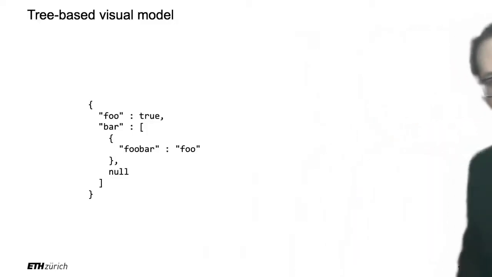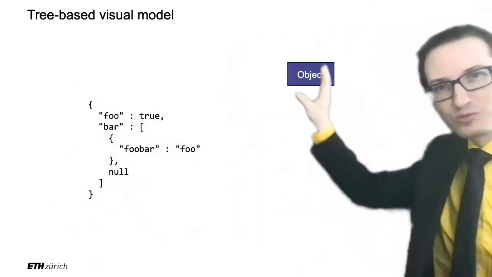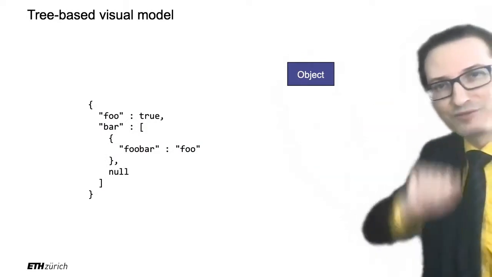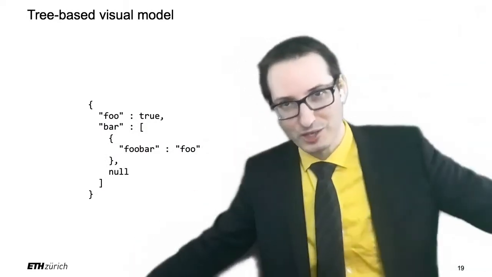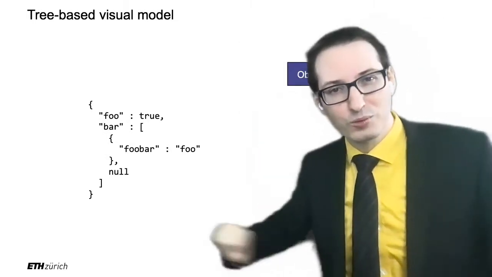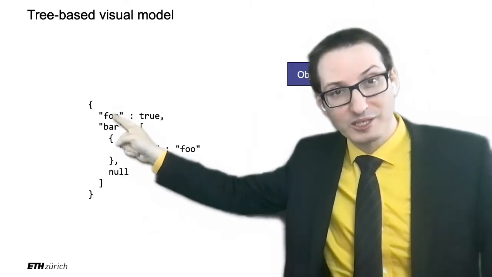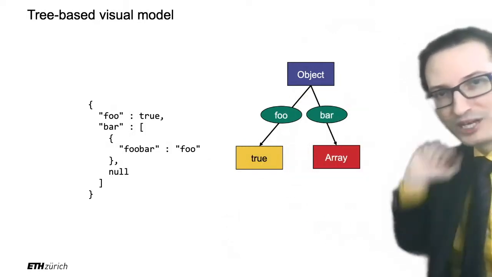So let's draw a tree then. That's exactly what we are going to do. What's the top level? It's an object, right? All of that is an object. So let me just represent that as the root of my tree. I have an object. Now, what are the children? In a tree, we have children and children and children, right? It's like a genealogical tree. So how many children do we have? Well, let's look. We have a key value model with 2 keys, foo and bar, right? All right, so I have foo and bar. These are my 2 children.